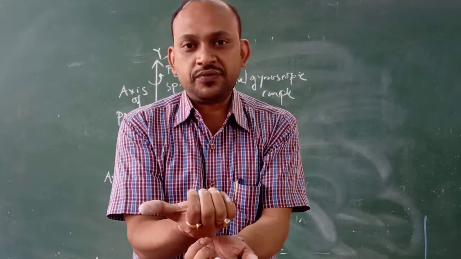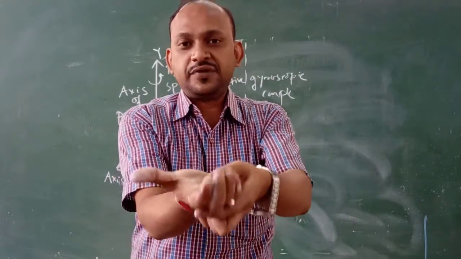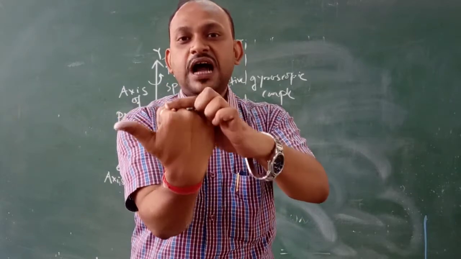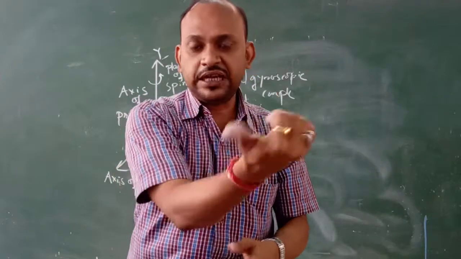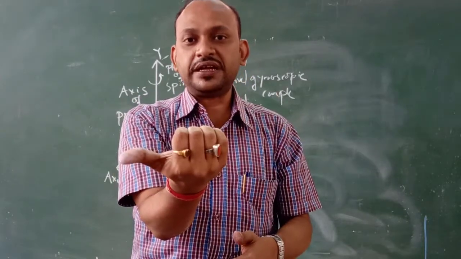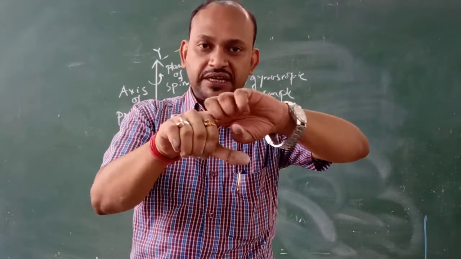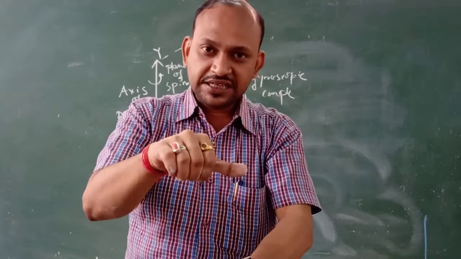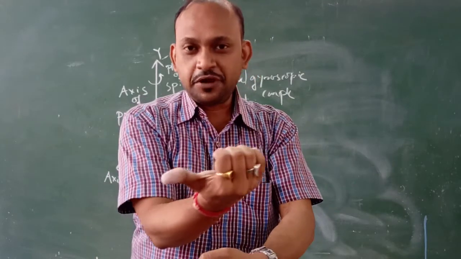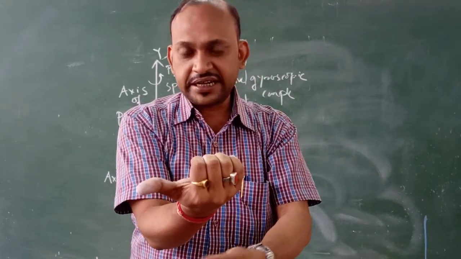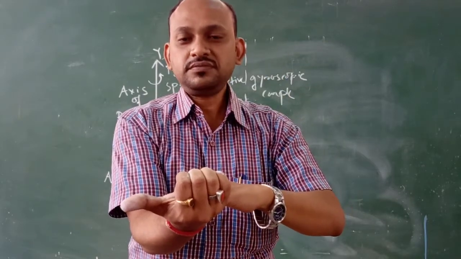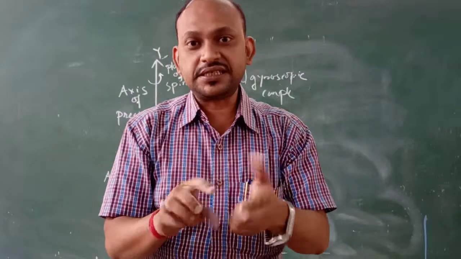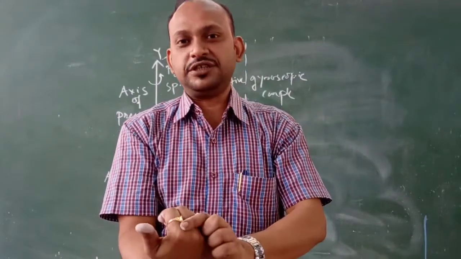What will be the sense of reactive couple? The sense of reactive couple will always be acting in the upward direction, just like this. So if this is the direction of active, this will be the direction of reactive. If this is the direction of active, then the sense of the couple is in the downward direction. And for the reactive, the sense of the couple will be in the upward direction. So you have to adjust the system as per the direction of rotation.